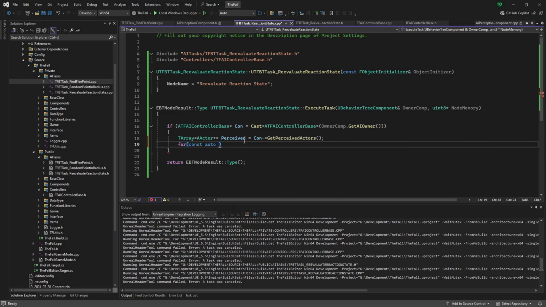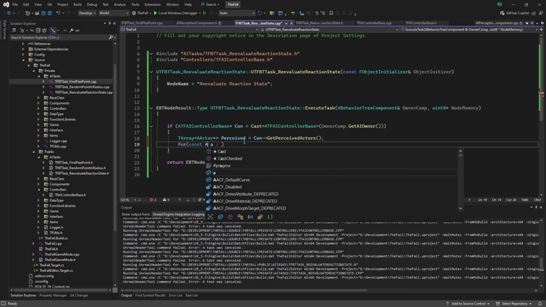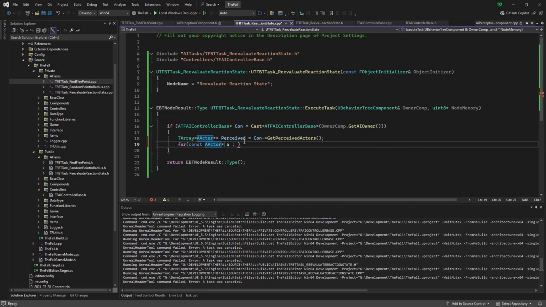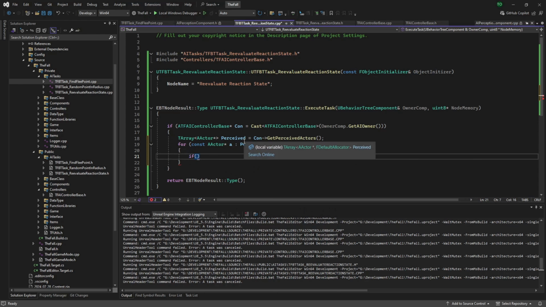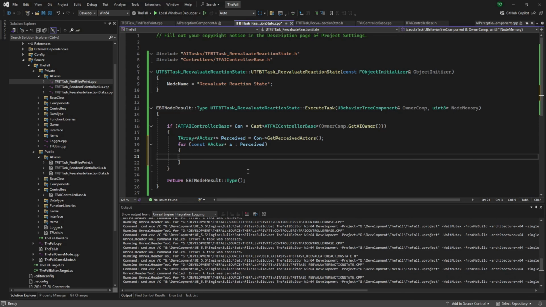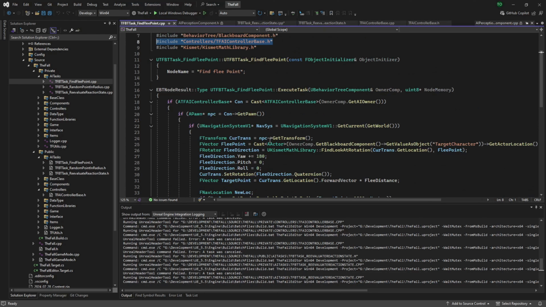Now, we actually don't need, no, because we already know they're AActors. We don't need to do the auto. So we're going to iterate through all of those. And the reason being is we know specifically that the NPC was fleeing a particular AI, or a particular thing, I should say. So what we're going to want to do from there is